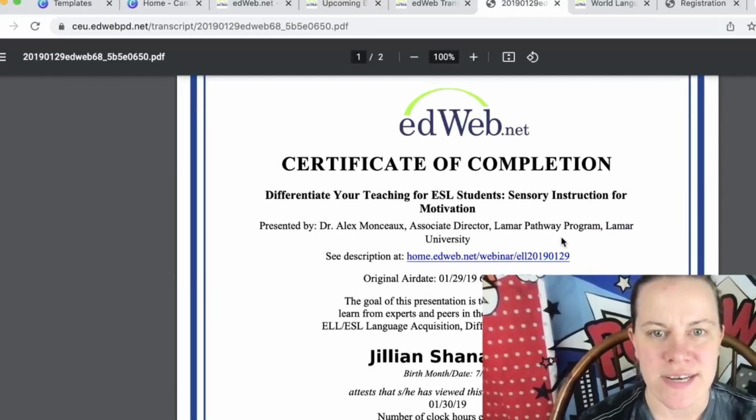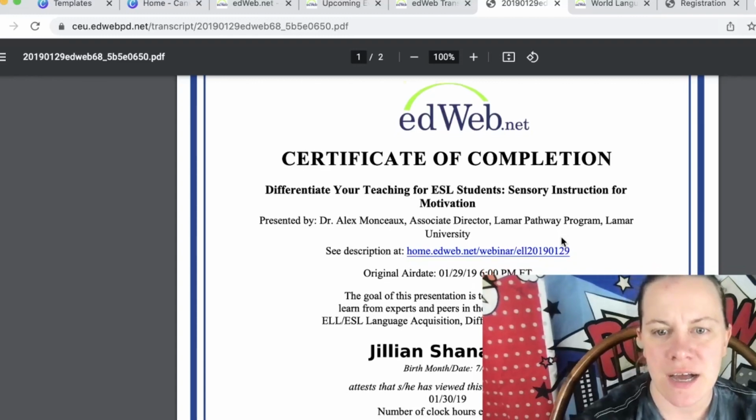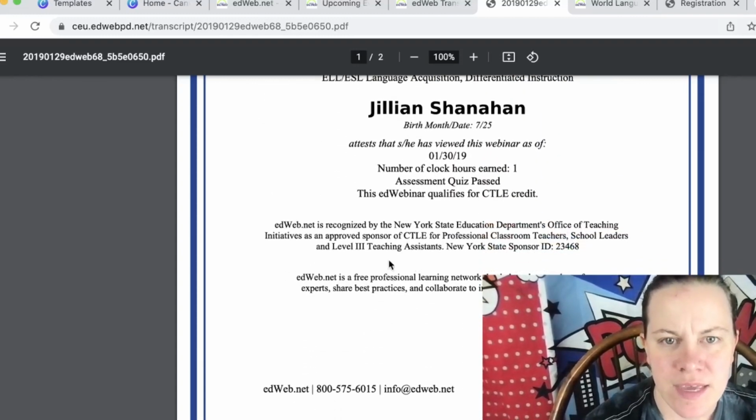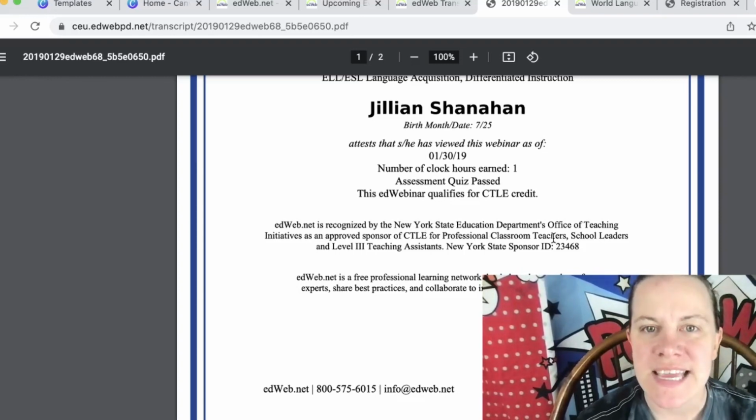So it's going to say this is your certificate of completion. On the bottom, it says it's recognized by the New York State Education Department's Office of Teaching Initiatives. So it's a legitimate continuing education credit. It is legitimate training. You have to pass a test to get this certificate.